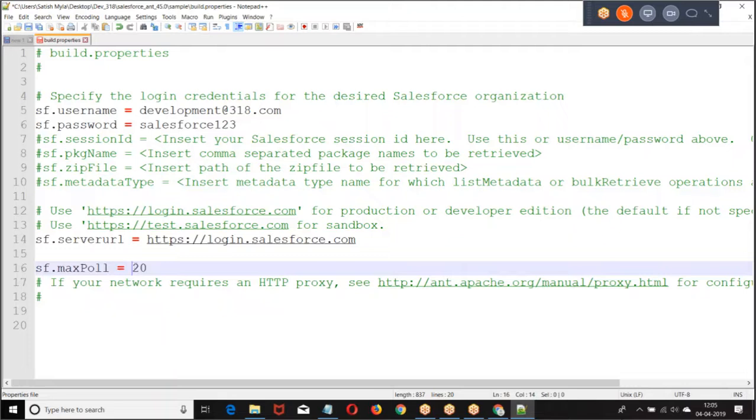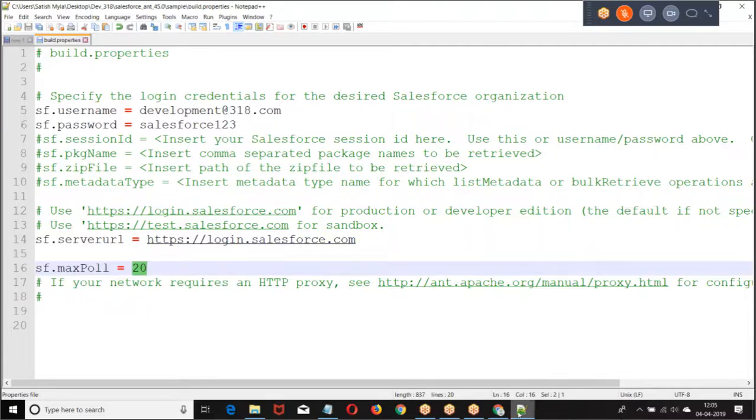Max poll, how many connections can we establish? 20, that's the default figure. So the build.properties file has the username, password, the URL, and the maximum number of connections we can establish. I hope you're good.